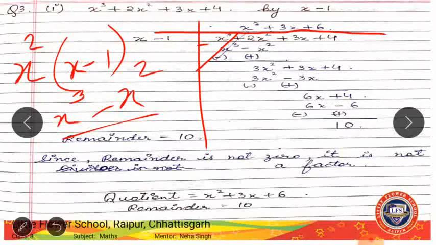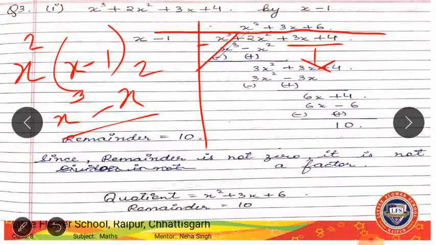X cube and x cube will get cancelled, and here it is minus x square, so it will become plus x square, right? Sign change, because when you are subtracting, these numbers come in brackets, and when the bracket gets opened, the sign will get changed. So now 2x square plus x square will be 3x square. We'll copy these terms now, 3x plus 4, right? Both the terms we are going to copy. So 3x plus 4. Okay.